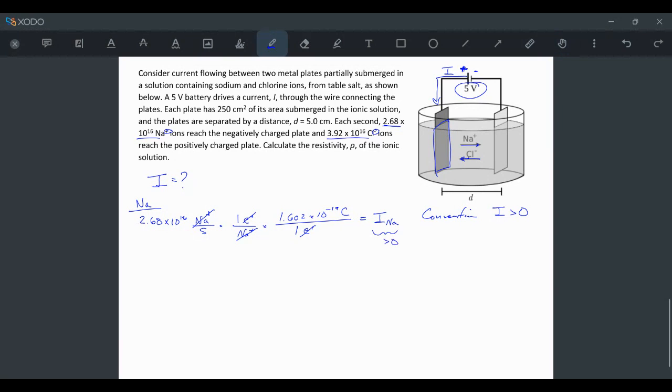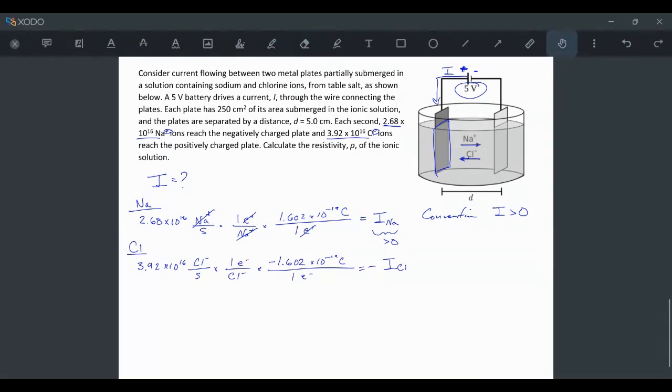This is greater than 0. And we'll keep that and do something with it in a second. So we'll repeat the process with the numbers we had for the chloride ions. Got a bit more reaching the positive plate. So we have 3.92 times 10 to the 16 chloride ions per second. There's one excess electron per chloride ion. There's minus 1.602 times 10 to the minus 19 coulombs per excess electron. And this is going to give us minus